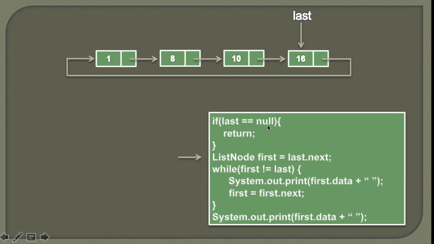So the condition in the if block comes out to be false, so we move ahead. Now friends, we are keeping track of the last node, which is the fourth node, and if we want to traverse each and every node and print the data, we need to start with the first node. But as we are only keeping track of the last node, in order to reach the first node, we know that the last node's next points to the first node. So we'll create this first node and assign the value of last.next to it. It would look something like this.